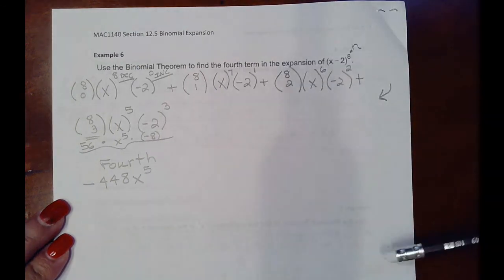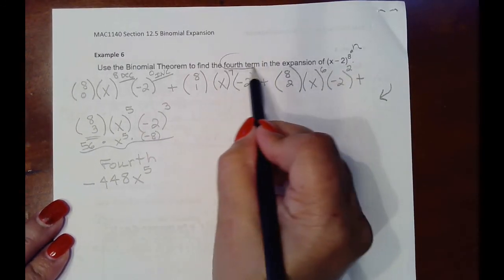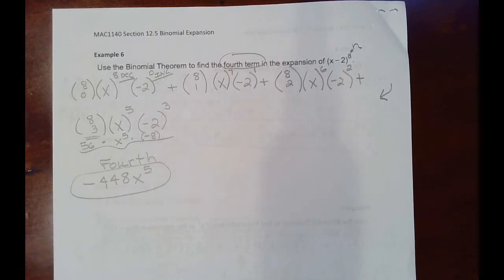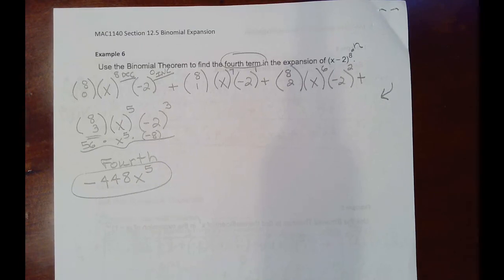And I believe this one asked you for the entire fourth term, which would be all of this. Sometimes they just ask you for the coefficient. Sometimes they just ask you for the entire expansion, as the first couple of examples that I did. And that completes everything in section 2.5. Just nice to have a short section. Okay, so that's it for